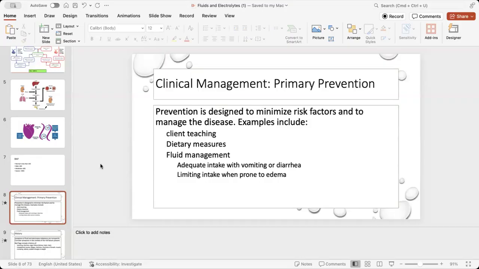All right. So as we talk about fluids and electrolytes, who is at risk for any type of fluid and electrolyte imbalance? Yeah, elderly and infants, absolutely. It's a big one. Okay. Who else is at risk for fluid and electrolyte imbalances? Athletes, okay. Like you sweating a lot, using up those electrolytes that way. Who else? Yep, children, yep, adolescents.